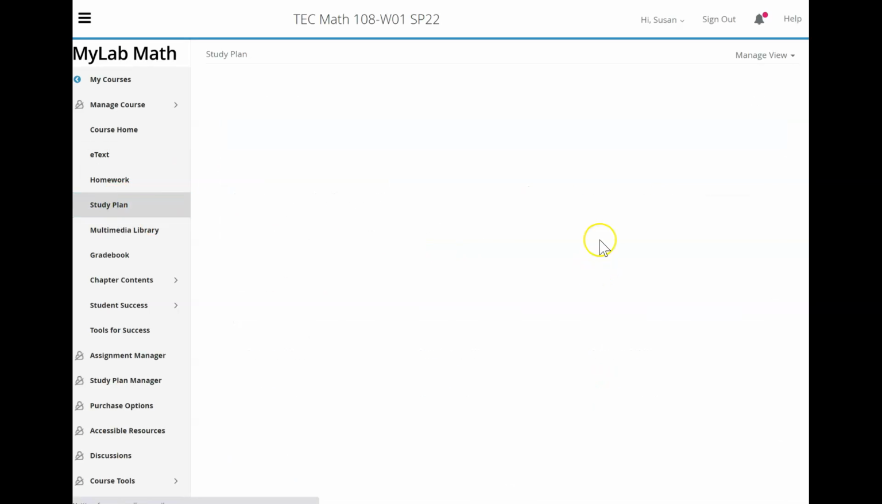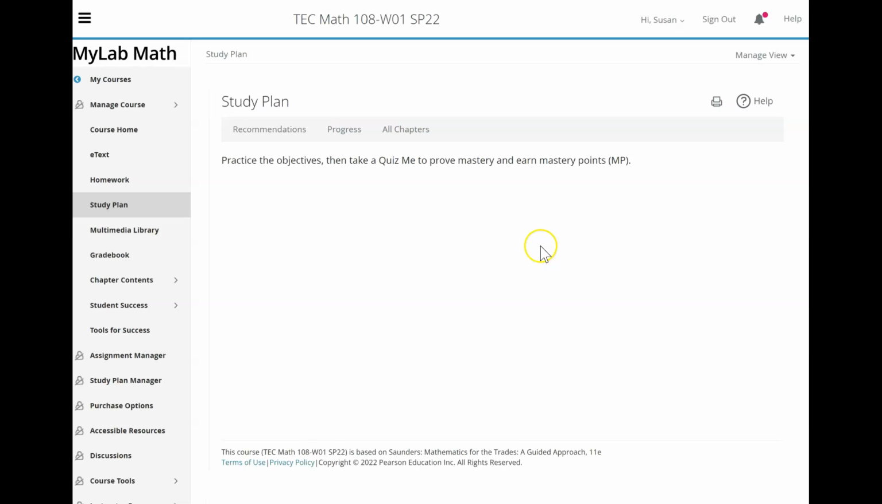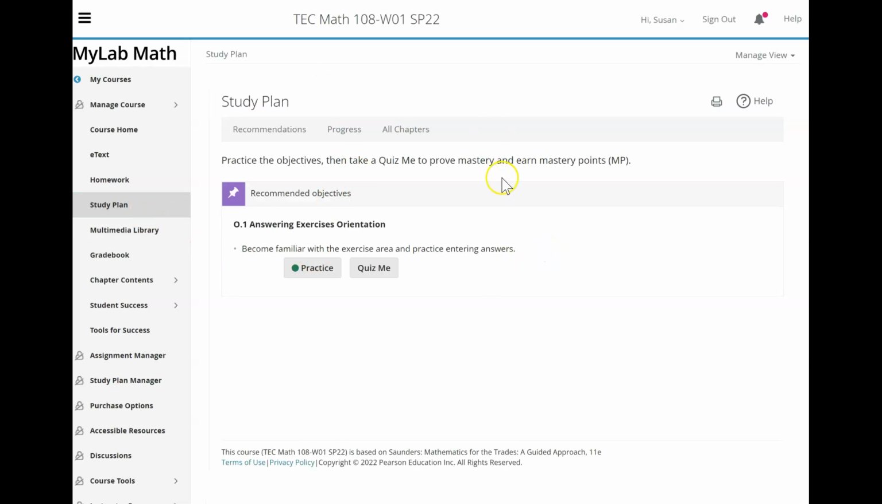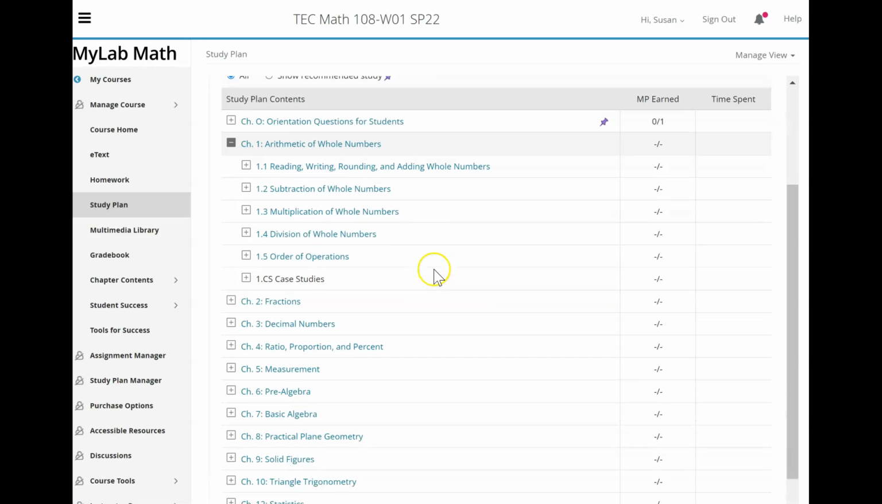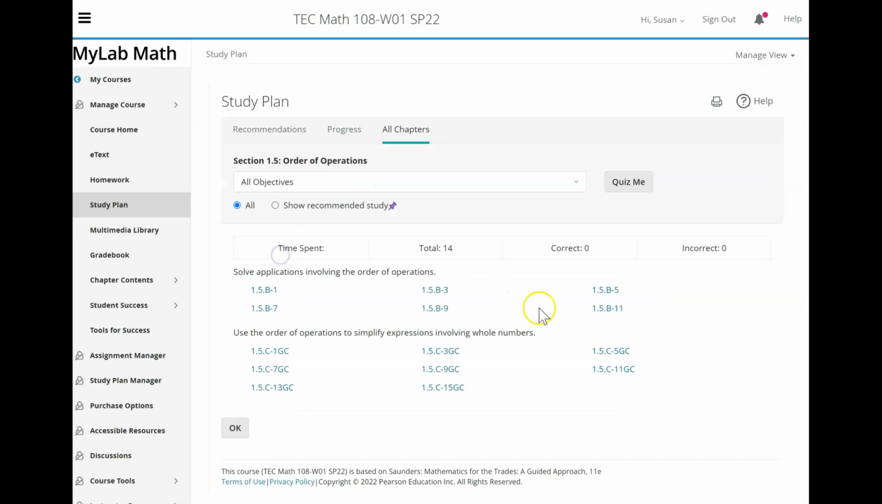You can also go to the study plan. Now on the study plan, when you first get here, it looks like there's nothing there. Click on all chapters and we'll just concentrate on chapter 1 right now. So let's just click on, let's do order of operations. These are the practice problems you can do. Some of these will be in your homework. So you'll actually see these questions possibly in your homework and you can come back to here to do some more practice. When you open a problem,